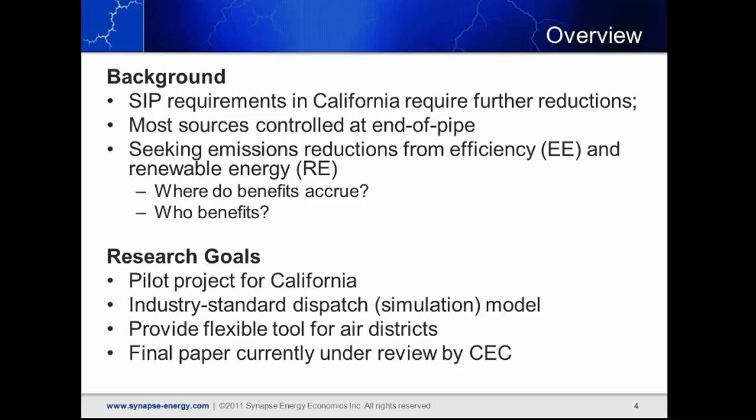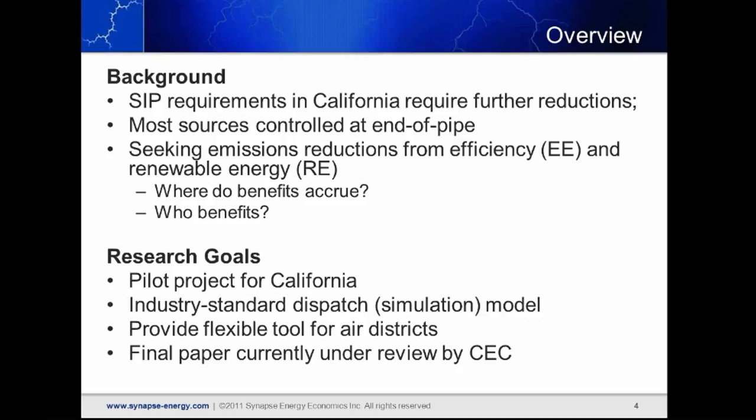And we've engaged previously on other emissions reductions benefits types of research similar to what RSG was presenting just a couple moments ago. And what we're really aiming for here is what might be considered the industry standard mechanism to use a simulation dispatch model. And this is what's used by utilities across the country for both planning as well as more complicated versions for instantaneous dispatch for what's getting dispatched within a RTO at that moment.